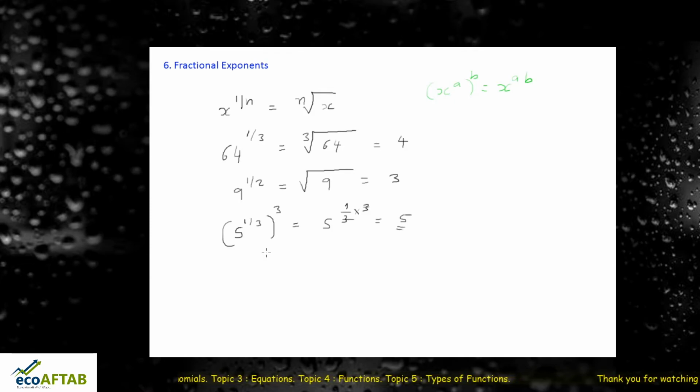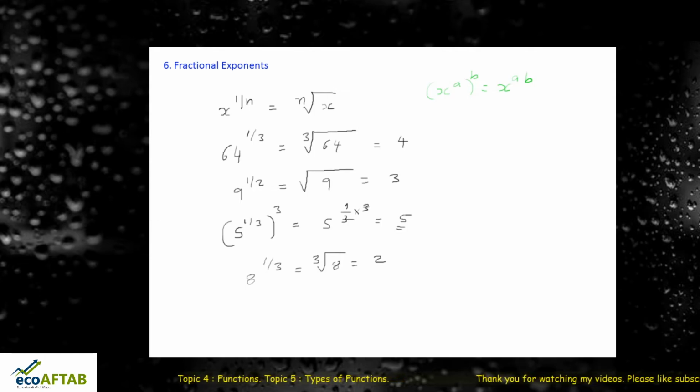You can take any number. If I say 8 raised to 1 by 3, it is cube root of 8, and that is equal to 2. So any number, remember here when we are speaking about fractions, in the exponent the denominator becomes the root. Here it is 3, it becomes cube root. If it is 4, it becomes fourth root. Here it is 2, so it has become square root. So this is how we solve for fractions.